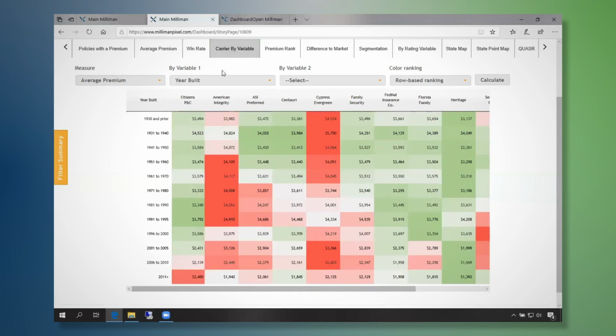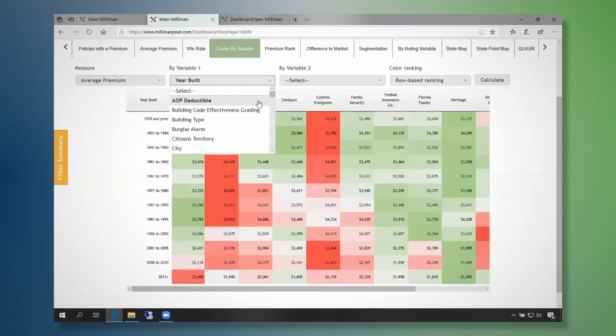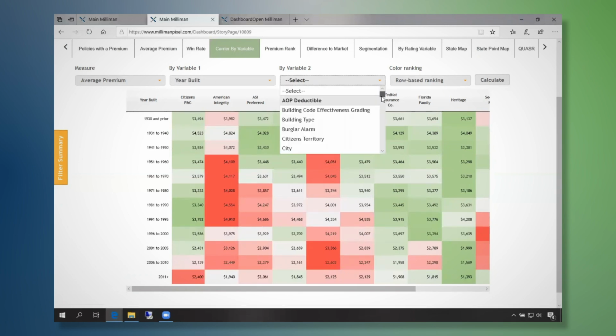If you'd like, you can also do a two-way analysis where you can look at a particular fix for one variable and then see how it varies by the other. So let's keep the year built theme here, and then we'll look at coverage A within a particular year built.